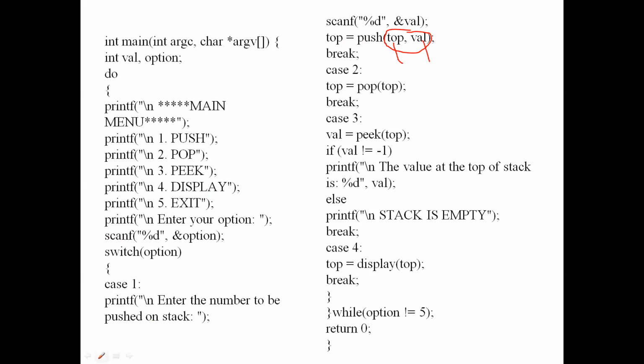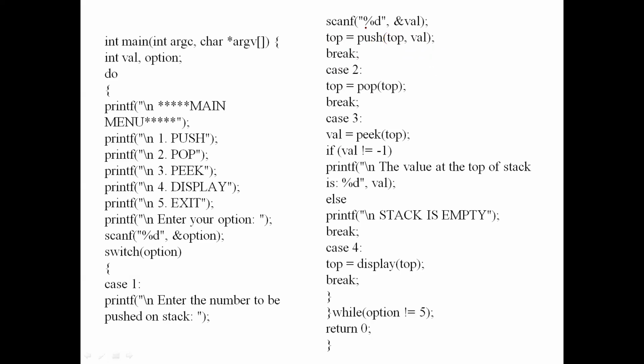Since this is the theory class and the same will be repeated in the laboratory class, here I want to tell what values are returned by the function. In case of a linked list, that is important. So this push function takes two arguments: one is a pointer variable and the other is an integer variable. That's all. We'll go directly to the push function.